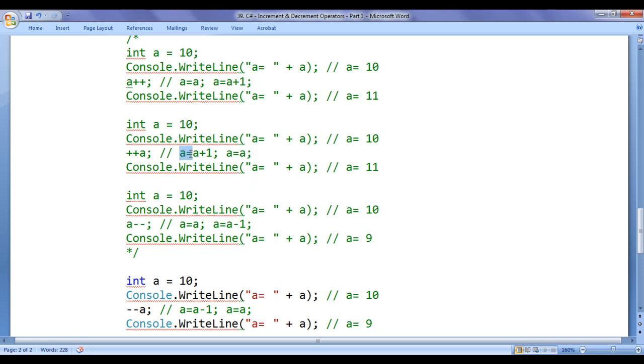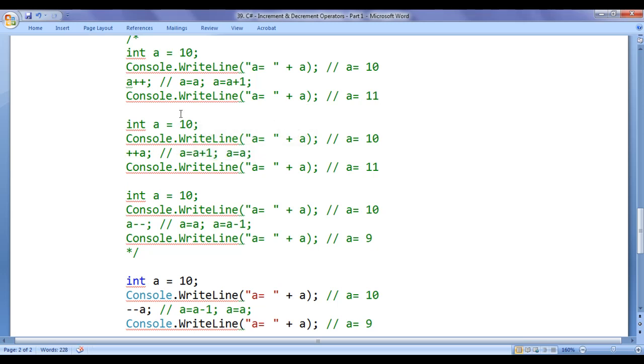First statement a equal to a plus 1 semicolon is executed in the same place where we have written plus plus a semicolon, and the second statement a equal to a semicolon is executed just before executing the next statement in the code. First increment is done, then assignment is done. Hence it is called pre-increment. In post increment, increment is done after the assignment. In pre-increment, increment is done before the assignment, guys.